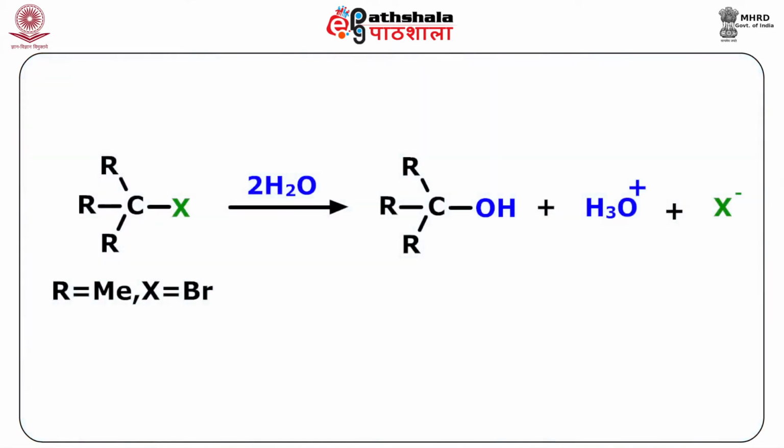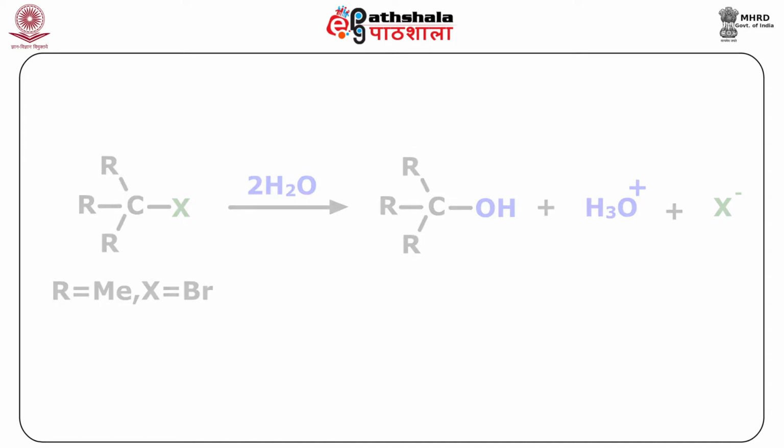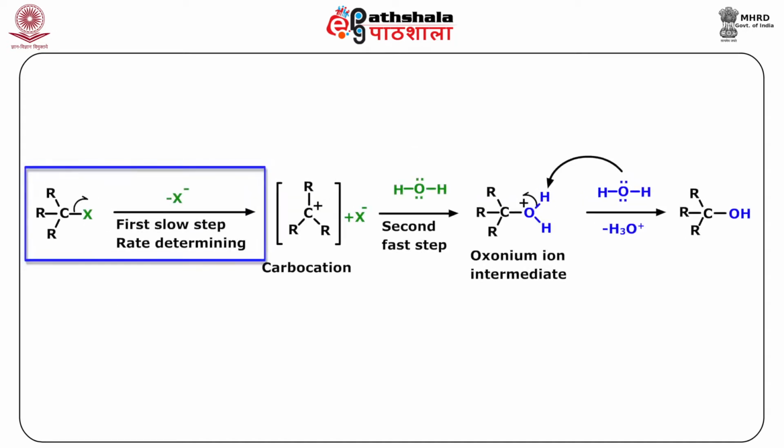Nucleophilic substitution reactions that follow first order kinetics are known as SN1 reactions. The rate of first order reactions, as I already told you, depends only upon the concentration of the substrate which is involved. These reactions can be completed in the following manner. First of all, the C-X bond, that is the hetero bond, undergoes heterolysis, that is a heterolytic cleavage, in the first step, which is also known as the dissociation.